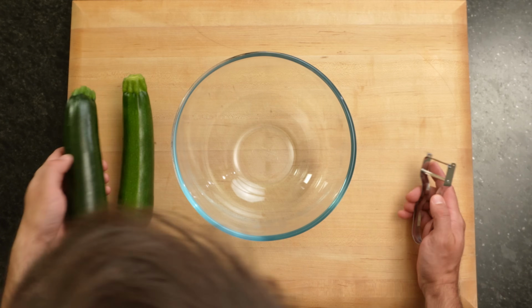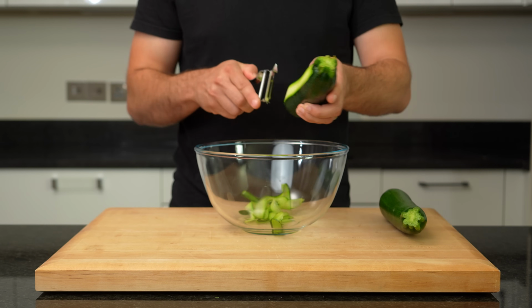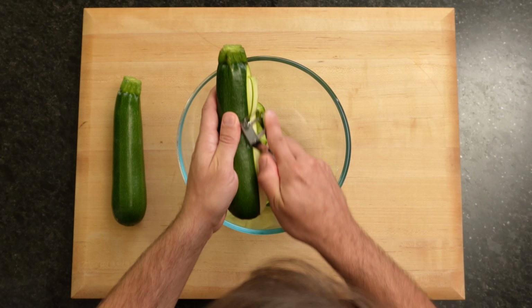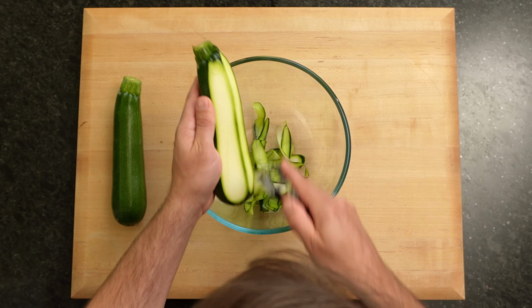To get started with this carpaccio, it's really simple. I like to use a veg peeler to make the ribbons. For larger courgettes like these, I usually have to make 6 edges. So I just peel until the ribbons are as wide as the blade on my peeler, turn it, and continue doing the same process. You can do this on a mandolin, but I really don't like using a mandolin to